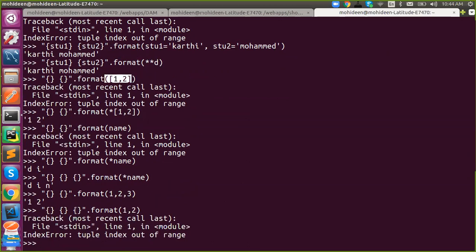We have 0 and 1, and nothing for 2, so it says index error. Got it? But if you have fewer placeholders and more data, it's not a problem. So when I unpack a string, it will be filled with each and every character.